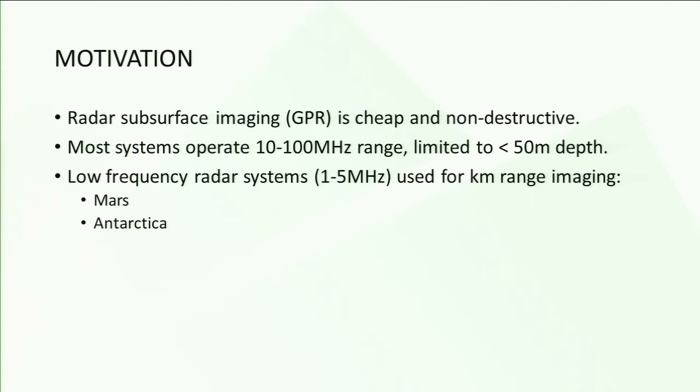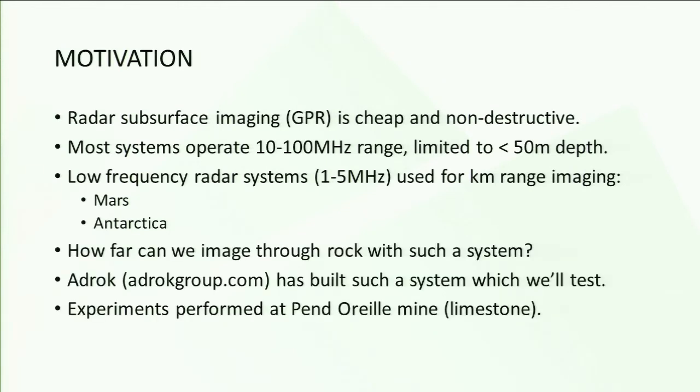However, there are a couple of low-frequency pulsed radar systems in use, which use a pulse with center frequency in the 1 to 5 megahertz range. With those systems, you can map the subsurface up to several kilometers down, but only in rather exotic environments, most notably on Mars from orbit and on the Antarctica ice shelf. So the question I'm addressing here is, how far could we actually see on Earth, besides Antarctica,